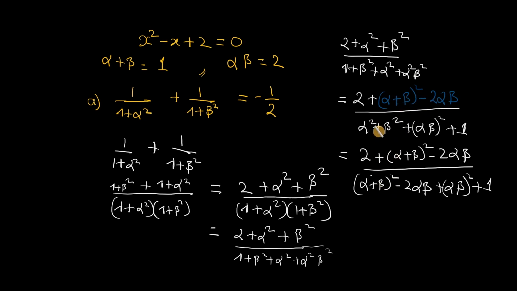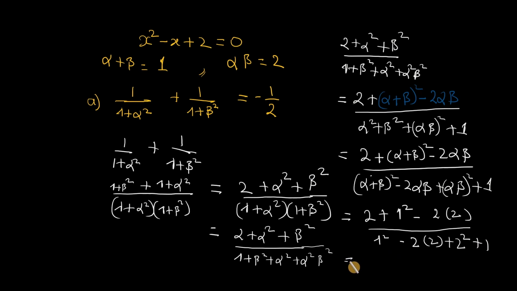That is why I've replaced alpha squared plus beta squared with this, which equals (alpha plus beta) squared minus 2 alpha beta, since alpha plus beta is equal to 1 and alpha beta is equal to 2, all over 1 squared minus 2 into 2 plus 2 squared plus 1, which is equal to 1 squared is 1, 2 plus 1 is 3, that is 3 minus 2 times 2, 2 times 2 is 4, minus 4 all over